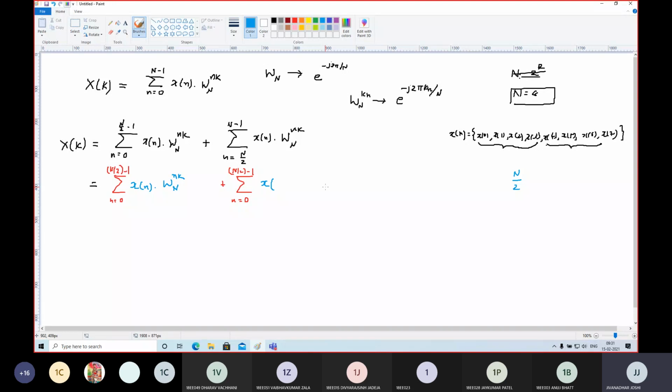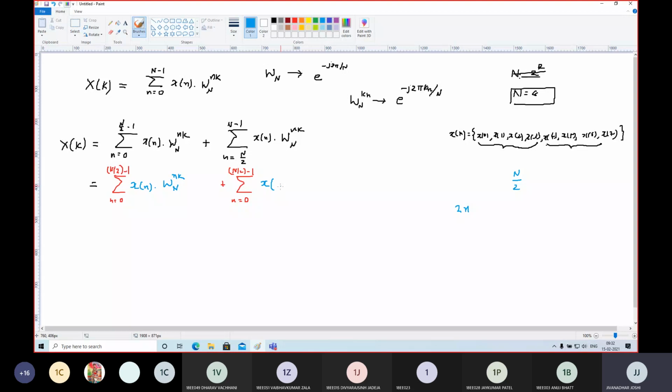You are nearer to the final answer, but there is some mistake over here. The term I am writing down inside the bracket should be a variable, and it should vary with variation of n. 2n? How 2n? If I put 2n, let's say, for n equal to 0, I will be referencing x of 0. But I have already referenced x of 0 in this particular summation term. This is not to be referenced again.